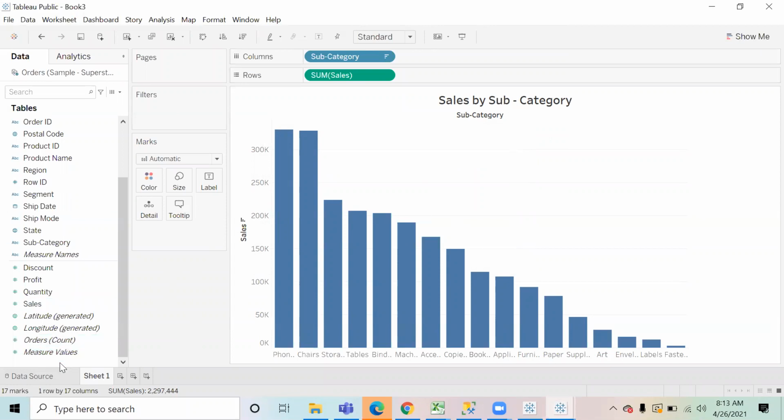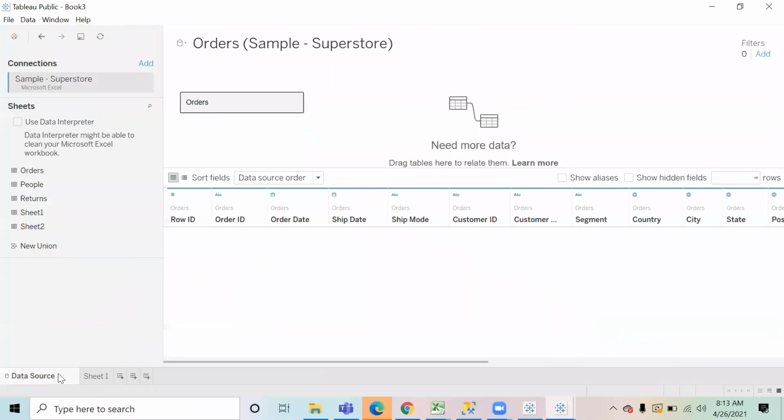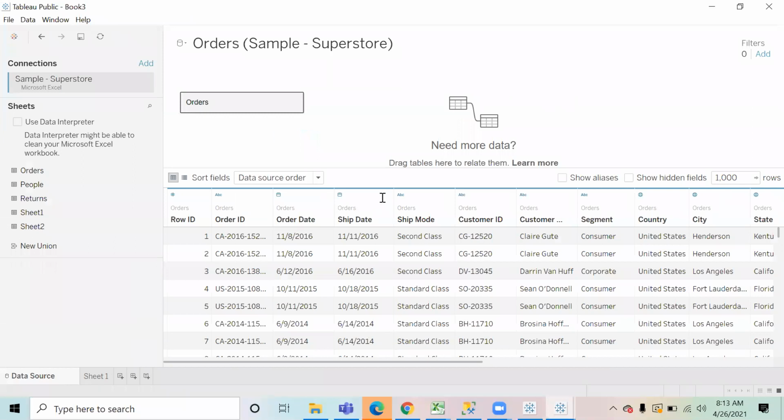Okay. See, now, in this data, we have a very new thing that I would like to show you. There is some geographical data. You see country, state, and city. Now, these are geographical data points. And you can see over here, Tableau is showing a globe symbol, right? That means Tableau is reading this data as geographical data.